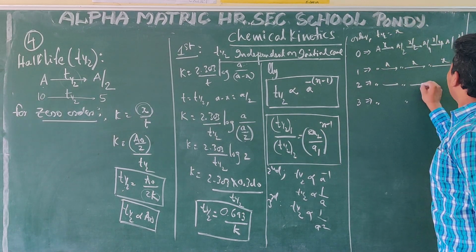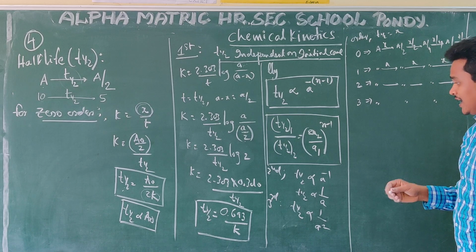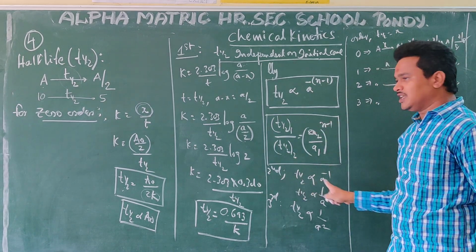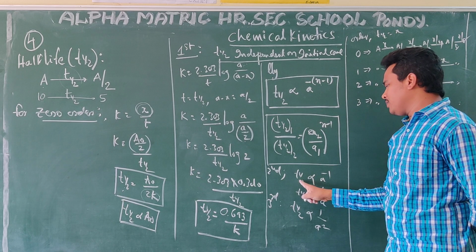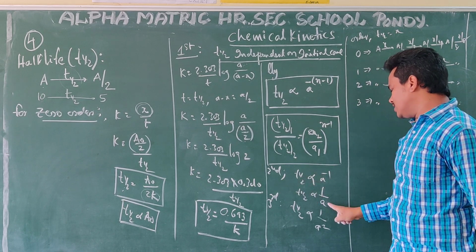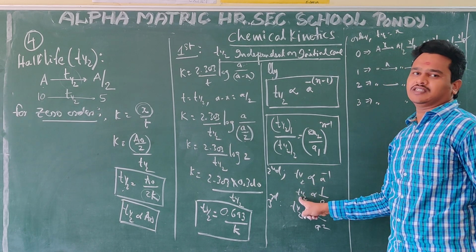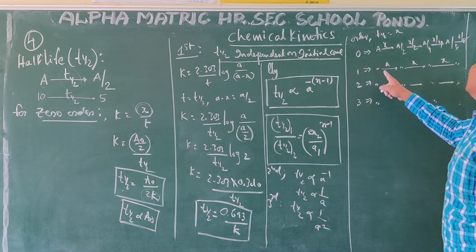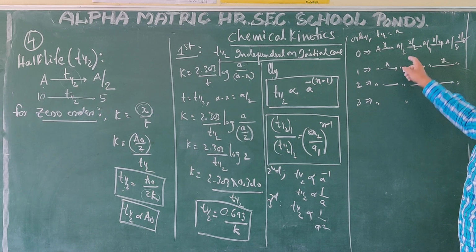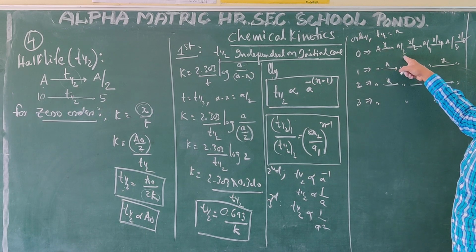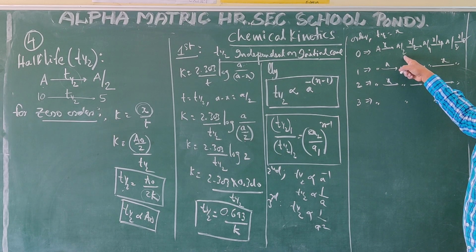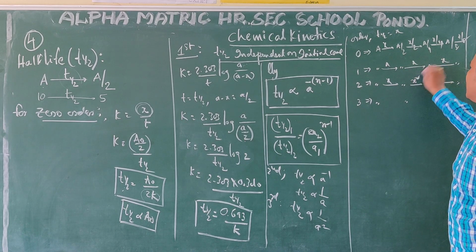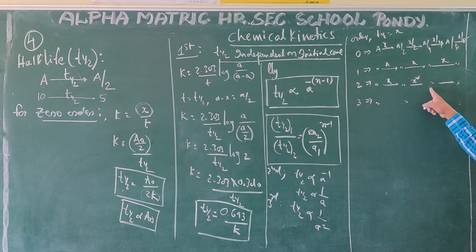And after that, for a second order reaction, what is that? Inversely proportional. See here, second order reaction is inversely proportional. That means if initial concentration decreases, half life increases. One time decrease means one time increase, two times decrease means two times increase. See here, A to A by 2, initially x. This is a 2 times decrease, 1 by 2, so it will become x square. Then A to A by 4, 4 times decrease, so x power 4.